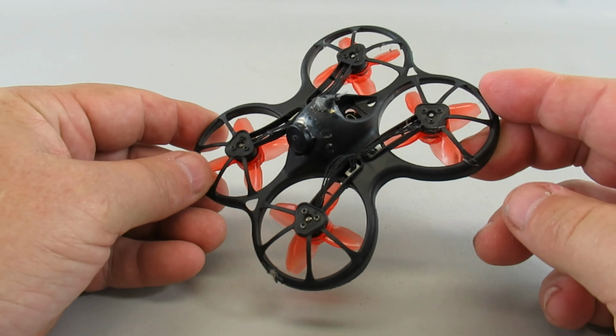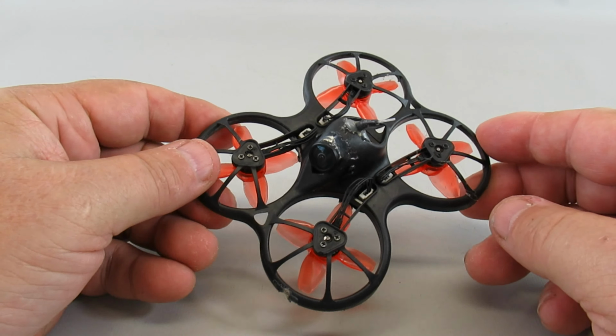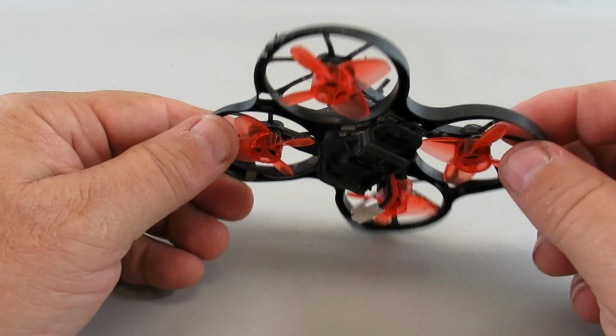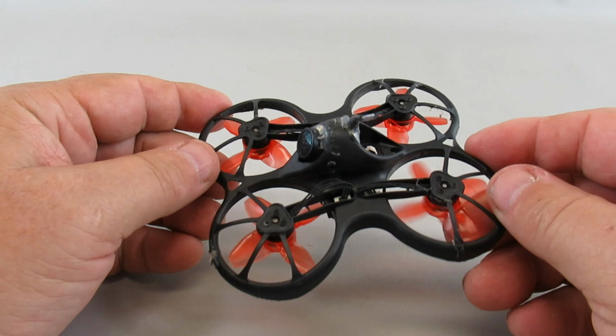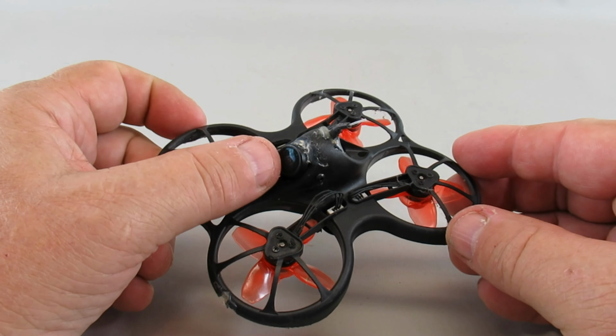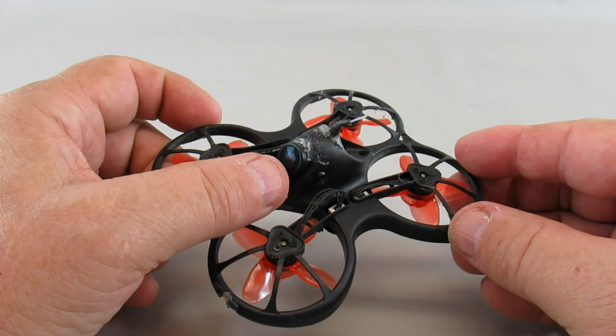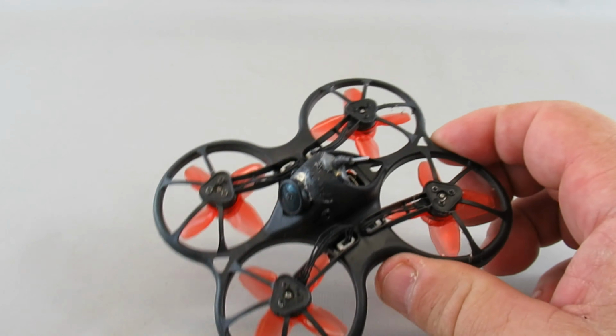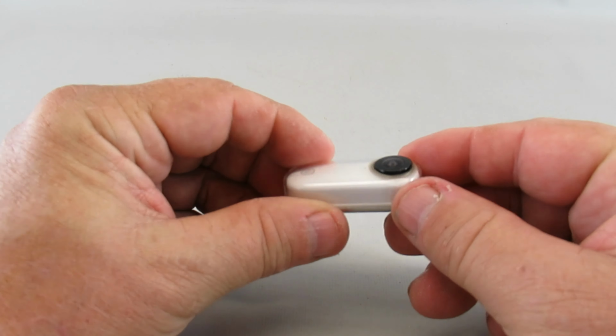So last winter, this was the only real indoor model that I had. It's the Emax Tiny Hawk S. It runs on 1S batteries. It's very lightweight. Actually, it's fun to fly. It doesn't have a really good image on the FPV feed, so I had to change the camera out there. But I wanted to come up with a new platform for this year where I can carry the Insta360 GO